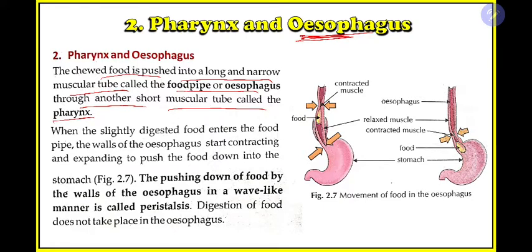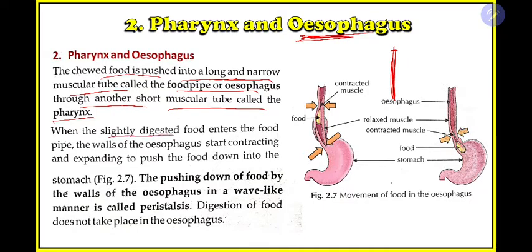What it is saying is that in our mouth, whenever we take food, it is chewed with the help of our teeth, and our tongue helps in mixing it with the saliva. After this chewing process in our mouth, what will happen? Our tongue and the pharynx will push the food through the food pipe into the stomach. So it is a pipe through which the chewed food travels from the mouth to the stomach. This pipe is long and narrow. Long means the height will be long and the size will be narrow.